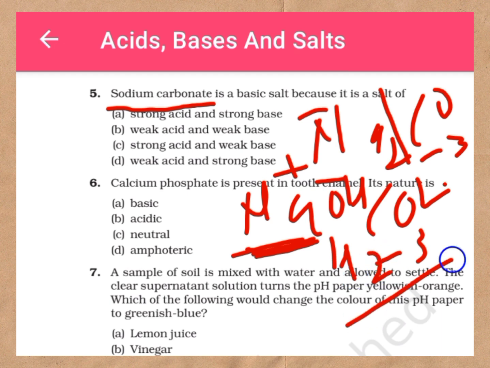So H2CO3 and NaOH, sodium hydroxide is a base and carbonic acid H2CO3 is an acid. By the combination of sodium hydroxide and carbonic acid it is prepared, that is sodium carbonate. But how do we identify if it is a basic salt? It means we have to check whether the acid and base present in the salt are strong or weak. Carbonic acid is a weak acid, but sodium hydroxide is a strong base.